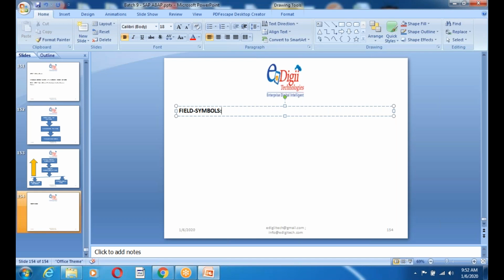Yeah, exactly. So field symbols here are a dynamic data object. But variables, work areas and internal tables are static, because you know which fields are coming in, and only by that reference are you going to create internal tables. So here we also have dynamic things. If you want dynamic things, we use the field symbols concept. It's a dynamic data object, and it points to